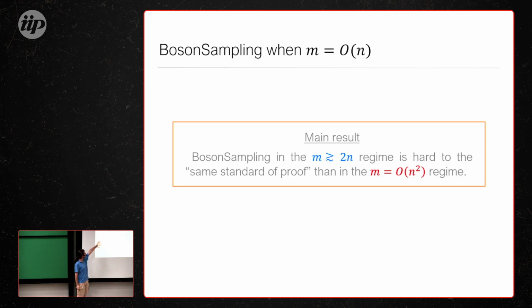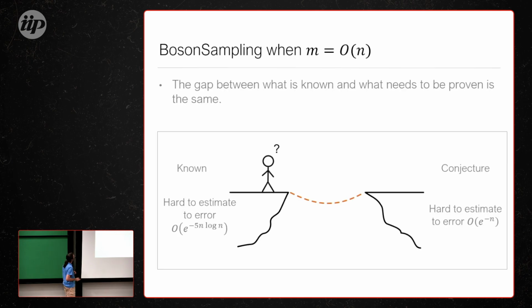You can ask me if you want, but this standard of proof is just saying that we haven't proven that boson sampling is as hard as the original case. Because this relies on some conjectures, it's a logical possibility that the conjectures it relies on are true for the 2012 paper and are not true for ours. That's still logically possible. But we can prove weaker versions of that conjecture to the same level of precision as in the original paper. This is a bit technical. I can talk about this if someone asks.